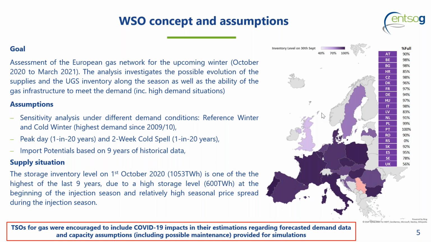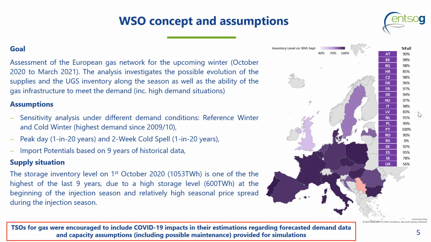For the gas system, you have to know that usually maintenance is planned for the summer period. So in this case, it was not a big change. But anyway, when TSOs were able to, we asked them to include